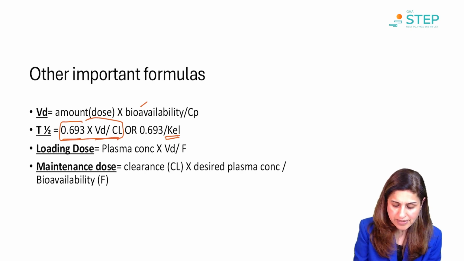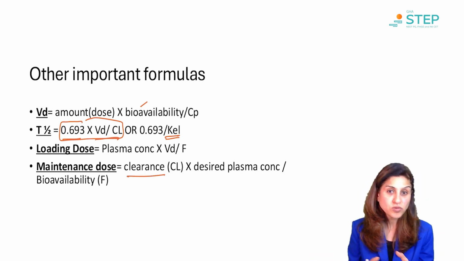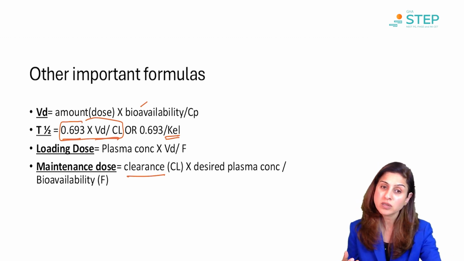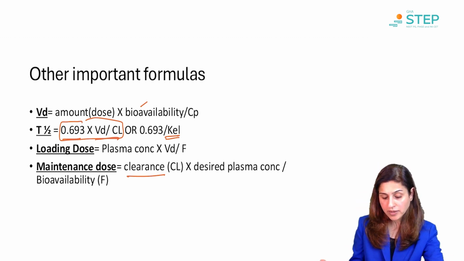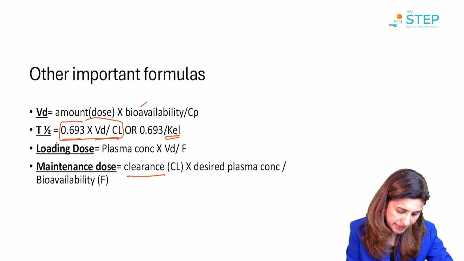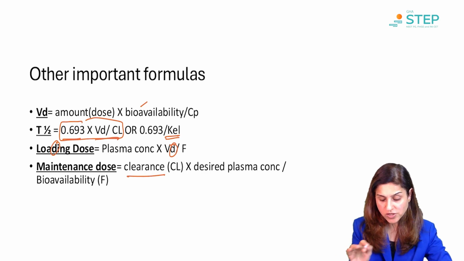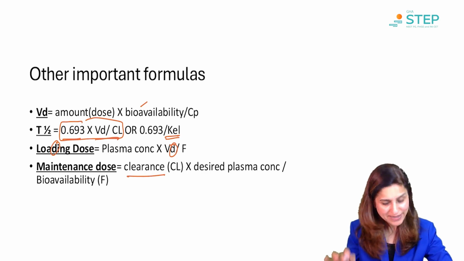Loading dose we just discussed, and I told you the maintenance dose. There is a confusion between the maintenance and the loading dose, about where the volume of distribution goes and where the clearance goes. That is the only thing you have to be clear about. I told you the trick that D and D should be your checkpoint, so you should just identify this. There is a D in the spelling, right?